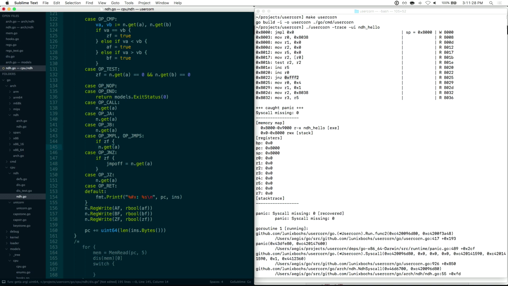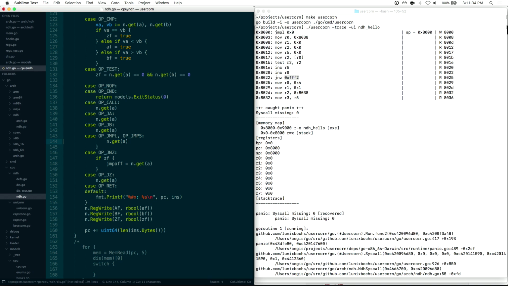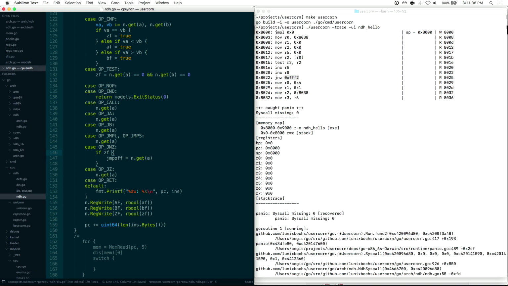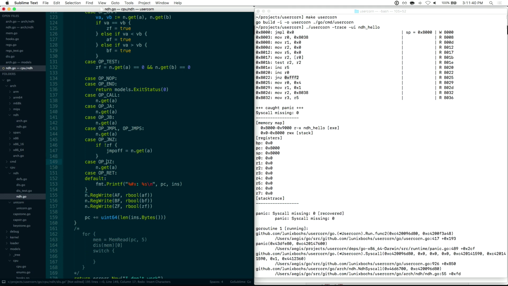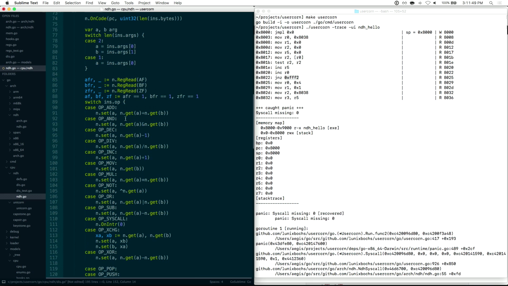I don't know what happened to the white space again. Every once in a while the white space just does something wrong. Okay. No, that's not FCF. JNZ is not ZF. JZ is FCF. We're going to set the jump offset out here